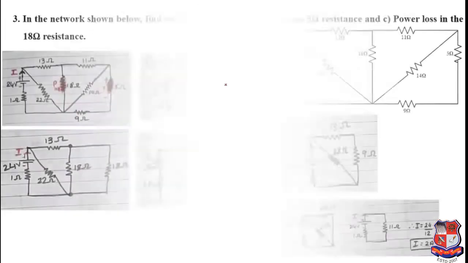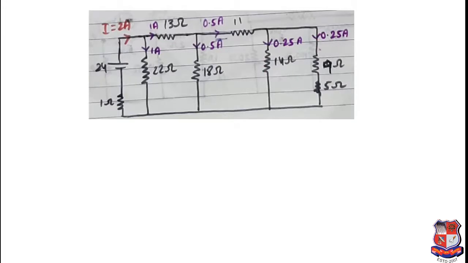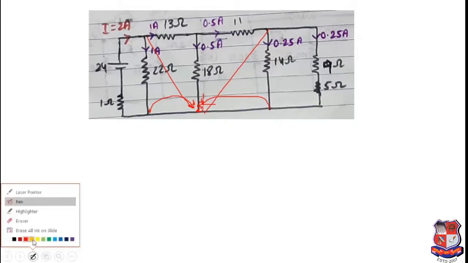So this was the circuit. I have opened this circuit now in more depth. If you see this original circuit, what we can do is that this 5 ohm and 9 ohm, this part is common. What I have done, if you see in this circuit, is that the 14 ohm, instead of 5 and 9, they are connected now in this way. So you can say that this 14 ohm can be connected over here also. This connection can be brought over here, and this connection can be brought over here, making it in this pattern. It was just to virtually confuse your eyes. It was actually in this pattern.